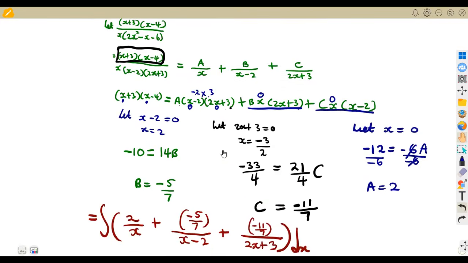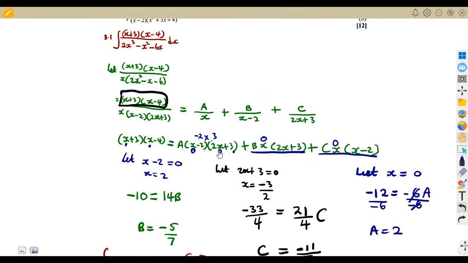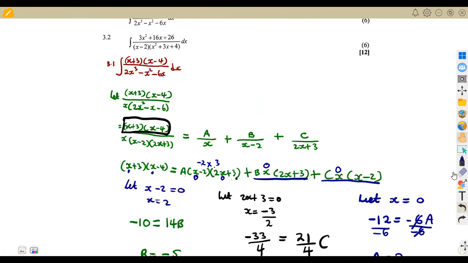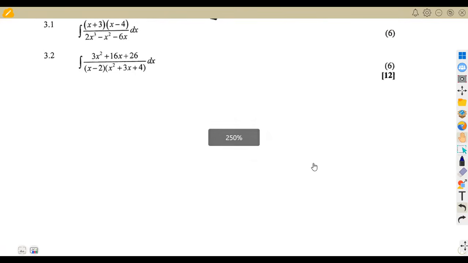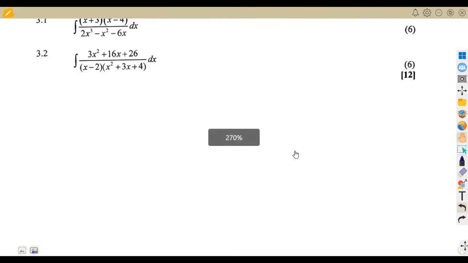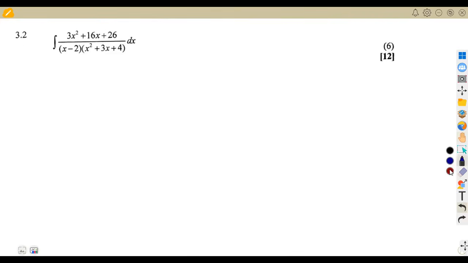this integral. As we can see, it's a straightforward question that just needs us to work with as many questions as we can. Let's check the other part. Again, it's a partial fraction, and this is 3.2. This is the integral of 3x squared plus 16x plus 36